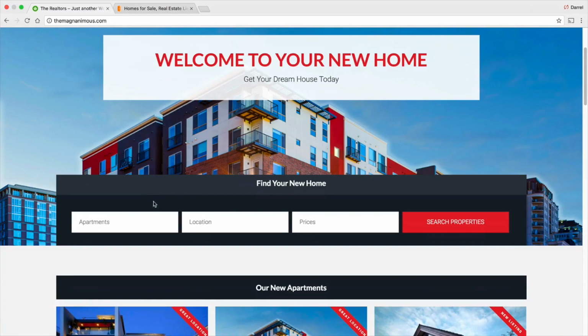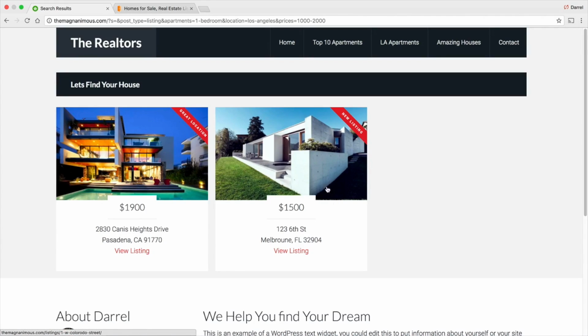Here I have apartments, locations, and prices. You can add as many filters as you would like. If you want to do something like bedrooms and baths or floors, you can add that in, but I want to keep it simple in this tutorial, so I did apartments. I'm going to go to 1 bedroom in the city of Los Angeles, and my budget is between $1,000 and $2,000. I'm going to click search properties, and now the list of properties will be available for